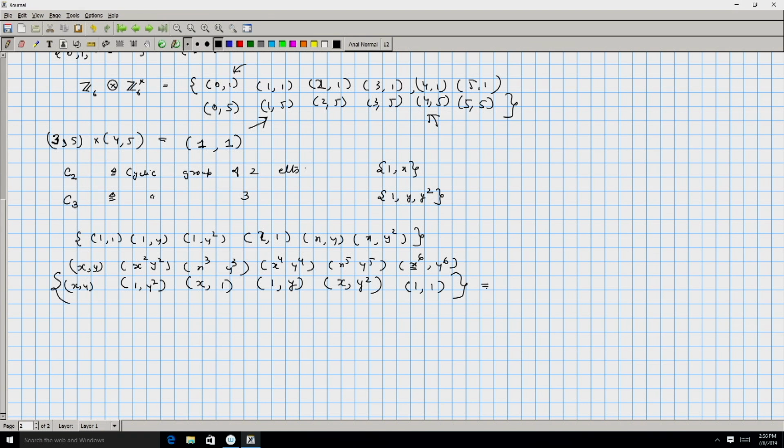This is a group with 6 distinct elements, and therefore, if you look at the set generated by xy, that means considering all the powers of xy, we get the complete collection, and therefore C2 times C3, the direct product, is isomorphic to the cyclic group with 6 elements. So, we can wonder whether this is a general rule,